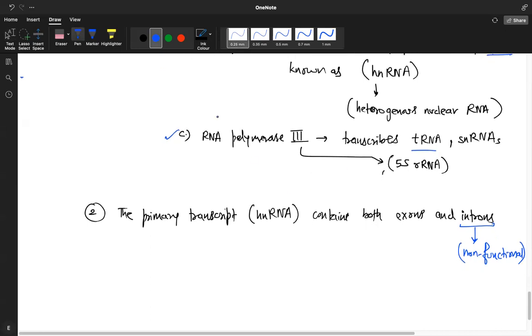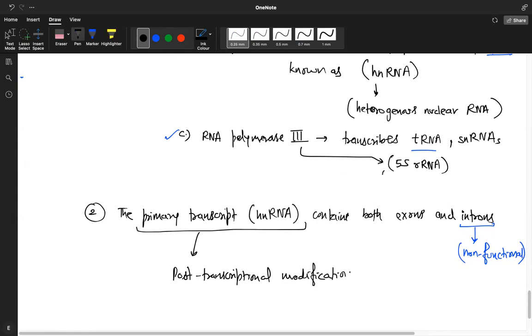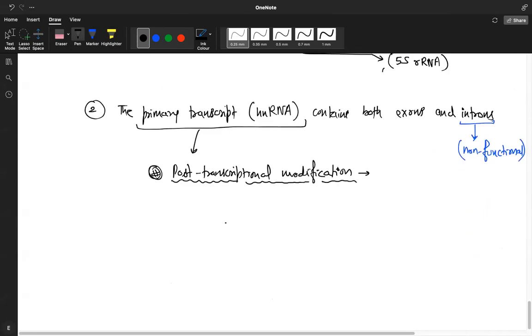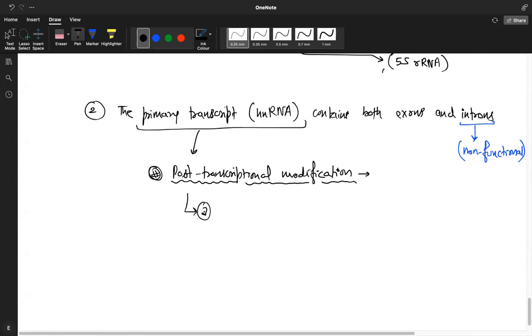Okay. So this primary transcript or this hnRNA, write down, it has to go through post-transcriptional processing or modification. And this post-transcriptional modification is of 3 types, which happens to an mRNA. First is,